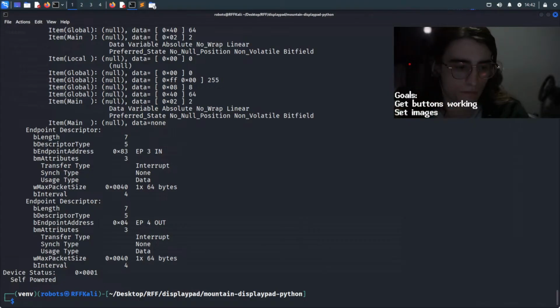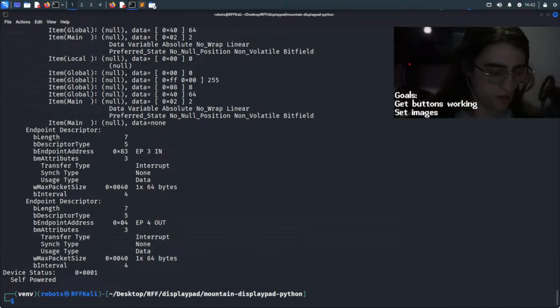And so, oh, knocking stuff off my desk. So I've got